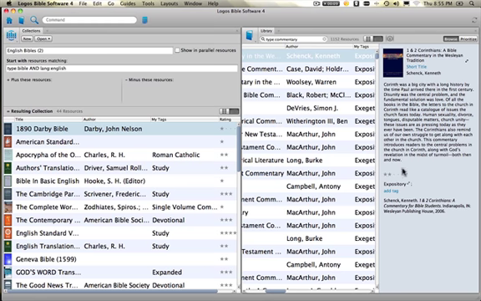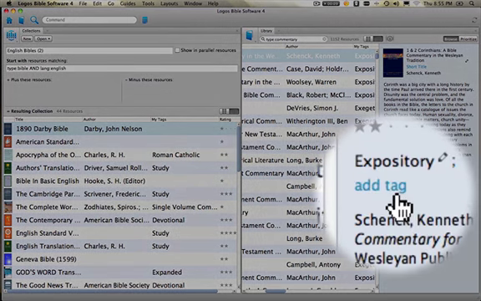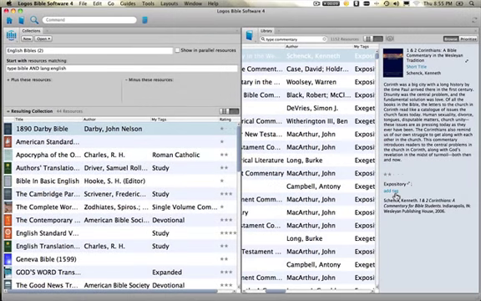And in the information window, you can see that this is where I can simply go in and add a tag. So I went through my commentaries and decided if they're language-based, that is exegetical; if they are expository, that is dealing a little more with the theology or cultural or interpretive issues; or homiletical, which is more sermons that have been turned into a manuscript, or sermons that were preached somewhere and now just bound together as a commentary. And so I went through and tagged all of those and then used that over here